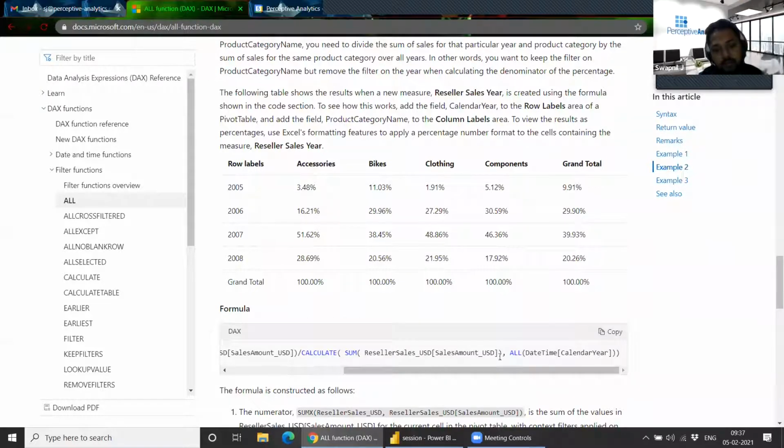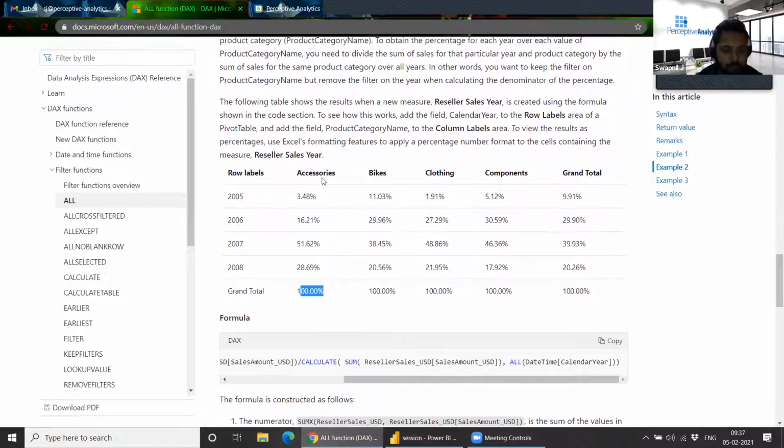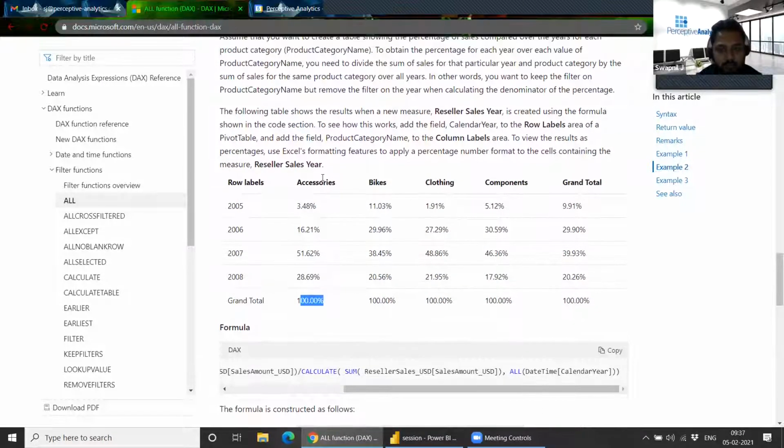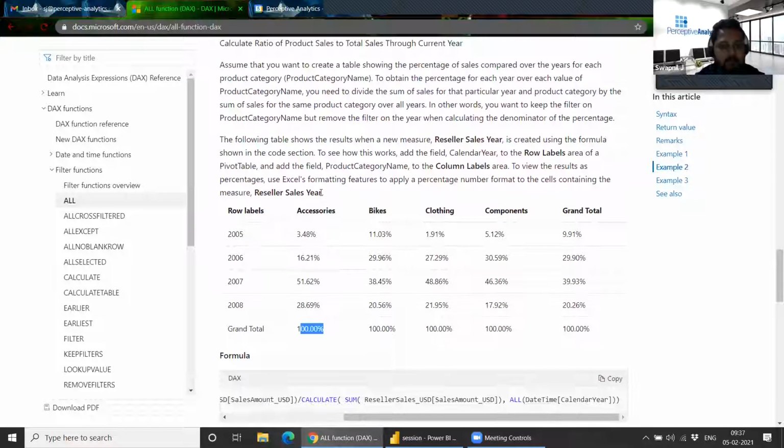In this example, we used ALL and just took the calendar year, so now the table is divided by the total of each accessory, each vertical. Any doubts on the ALL filter?